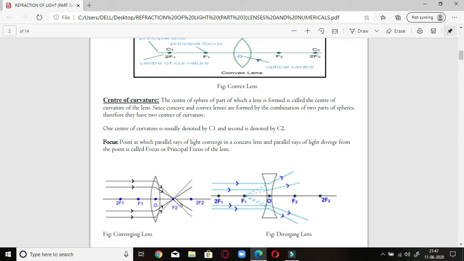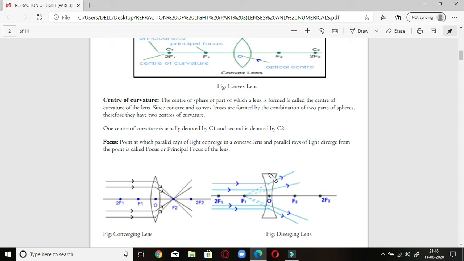Another important thing I would like to emphasize is that when the rays of light are coming parallel to each other, you should strike these rays in the center, right, not at the corner of the lens. Do not converge them at the focus directly; always take all of them to the center, that is, in line with O, the optical center. Only then converge them. Similarly, in the case of a concave lens,